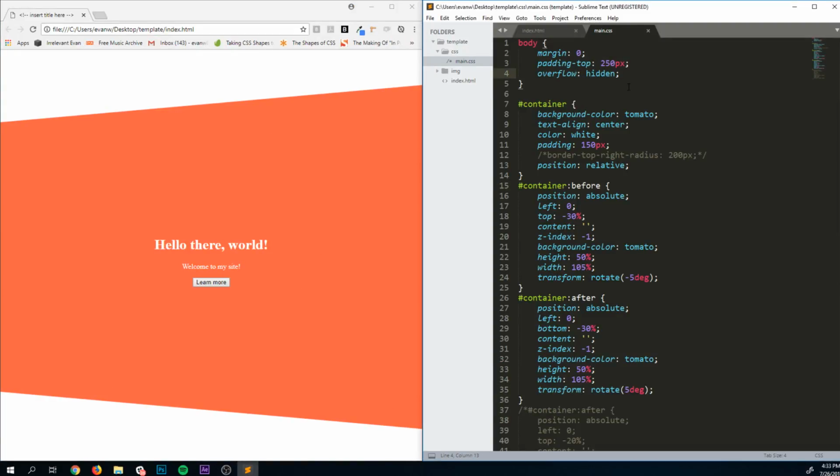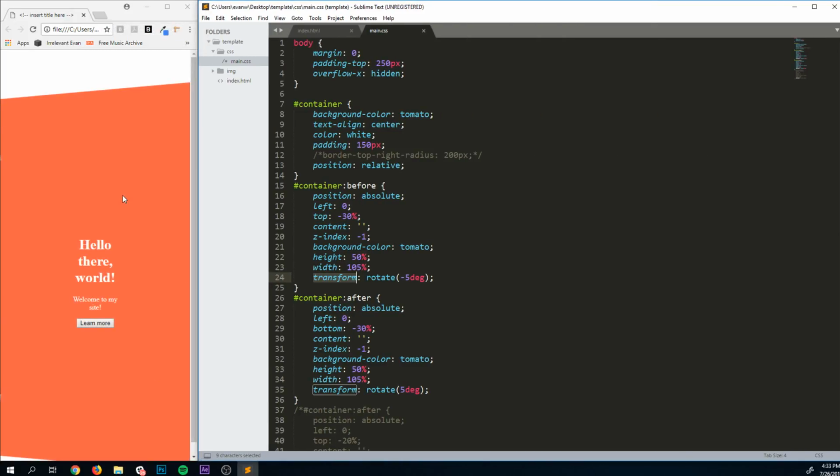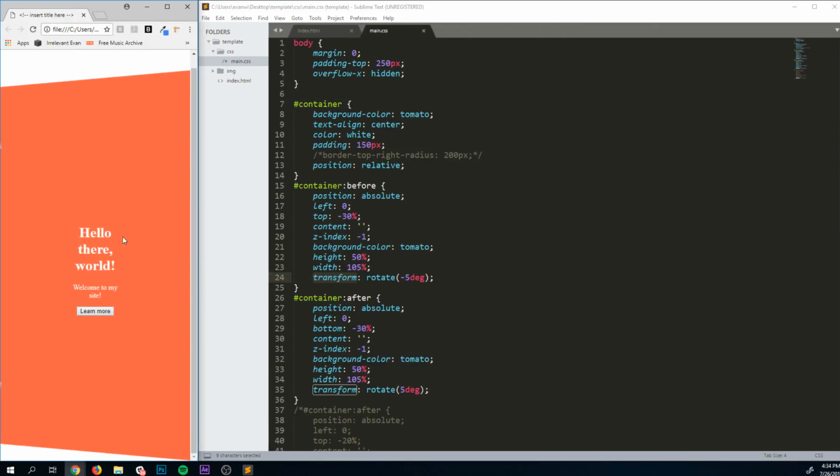I'm going to change this overflow on my body to overflow X, just so that we can continue to scroll down as we make more stuff. But hopefully this was a neat little thing for you guys to walk away with. The transform property is a good one to know. The even larger takeaway, and the one that I think is more relevant to where you guys are right now, is